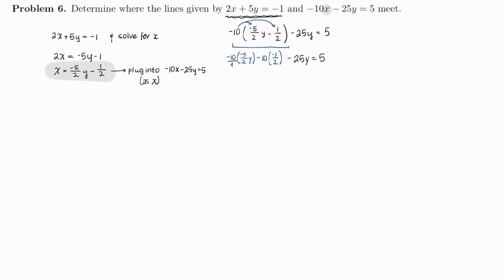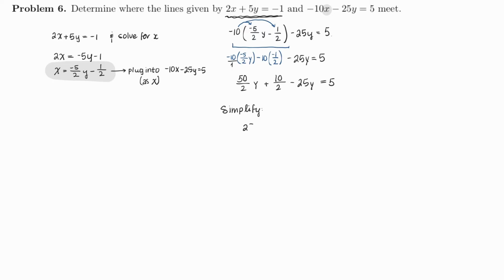So negative 10 times negative 5 is 50 over 2 y, plus 10 over 2, minus 25y equals 5. 50 over 2 is 25, so when I simplify this,